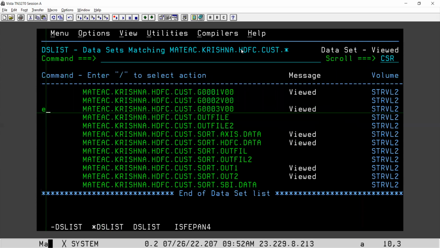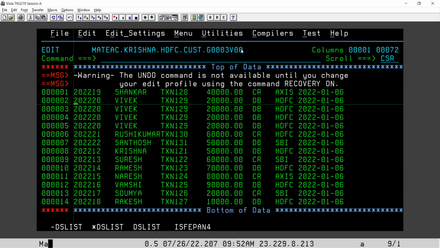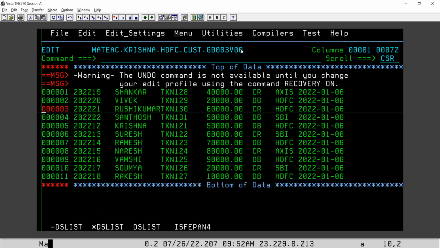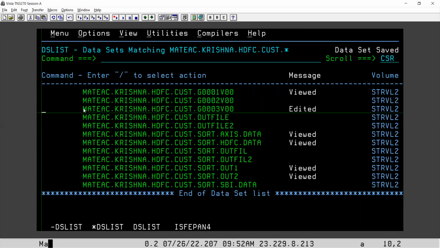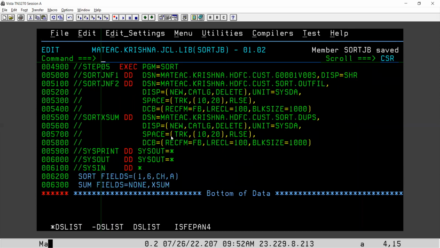So I will remove duplicates from here. 11 records we have in file 3. So I want to compare file 1 with file 3, and I want to get matching records in both the files. So రెండు files లో కామన్ గా ఉన్న రికార్డ్ నాకు కావాలి అవుట్పుట్. ఓకే,